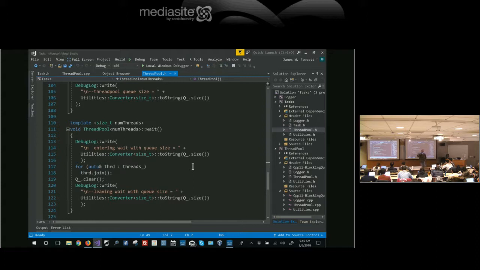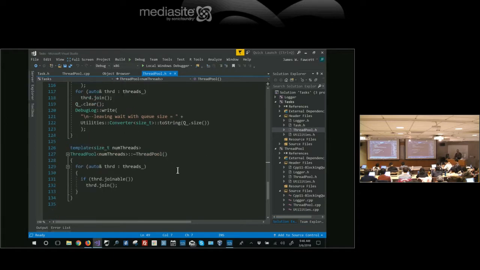All the other elements in the queue are gone, but there's that one left item in the queue, and so I remove that with this clear. It's just tidying up that one last little thing. It wouldn't make any difference whether I did that or not, but you know, just being tidy. And the destructor just calls join and joinable.